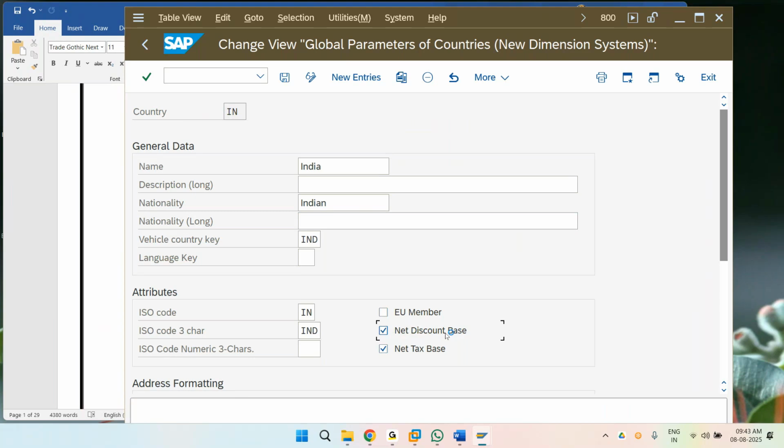Why? Because if tax is working properly, then tax compiles the line item, and that shows the tax line item is there. The discount is already affected and reduced. Both configurations are working fine, but the value is mismatching. So in this,